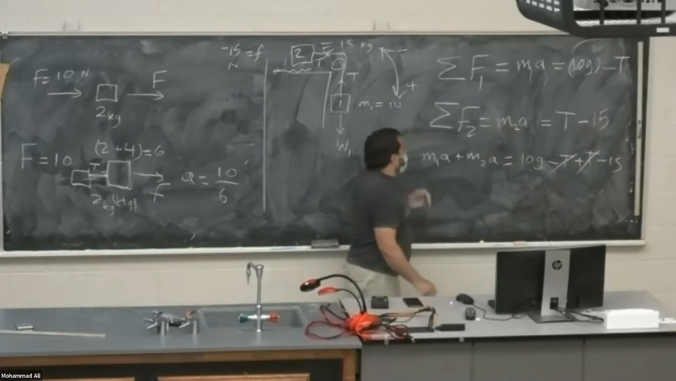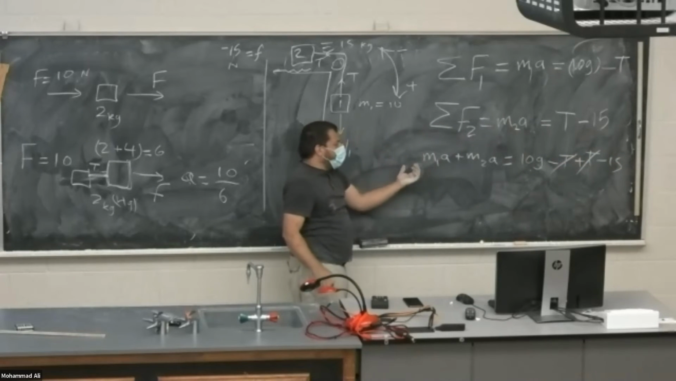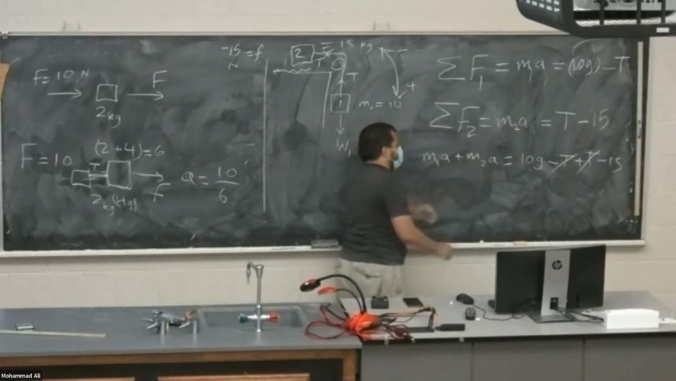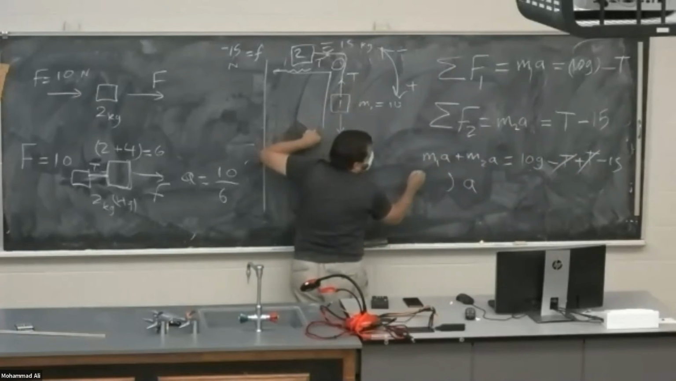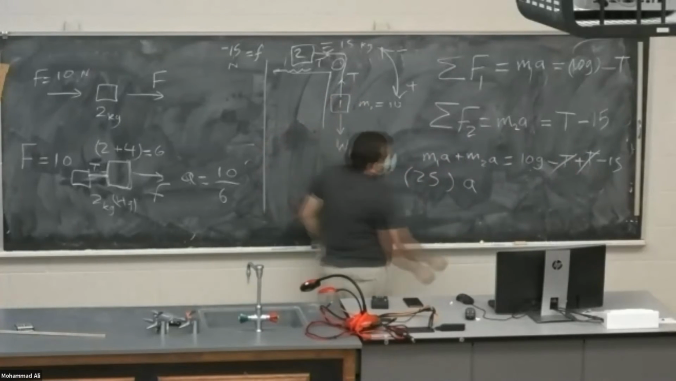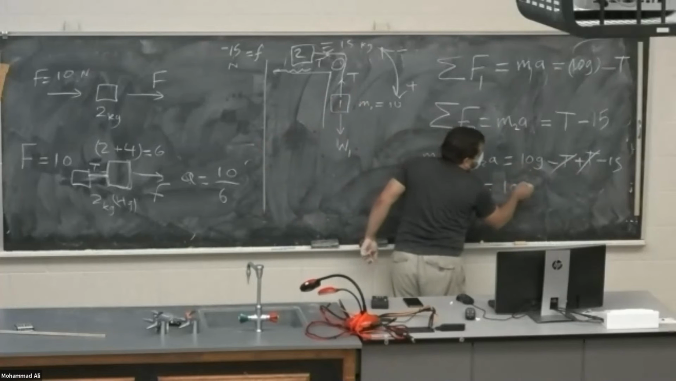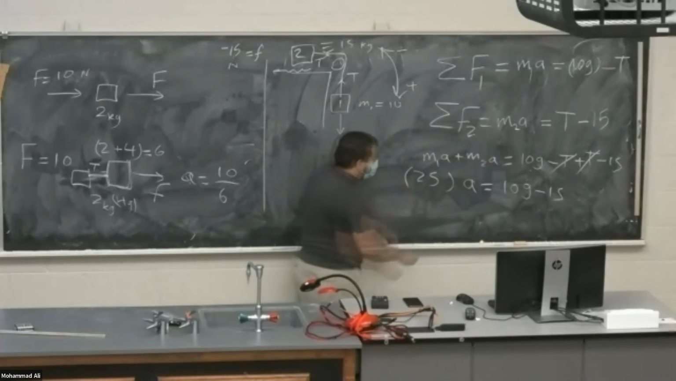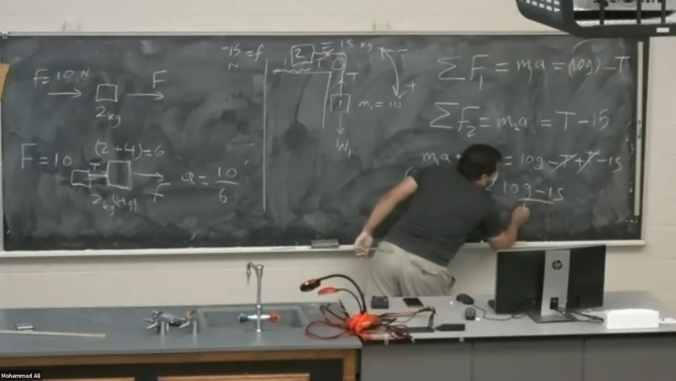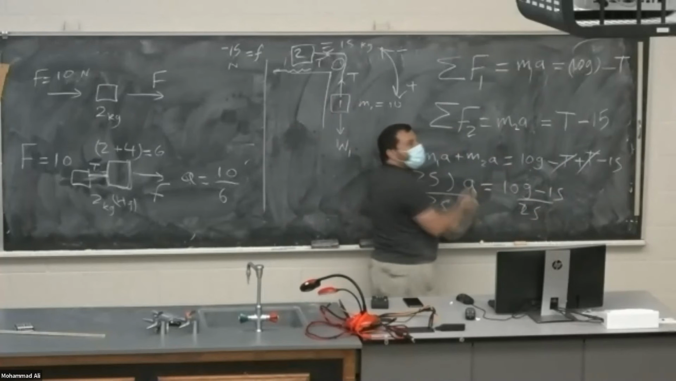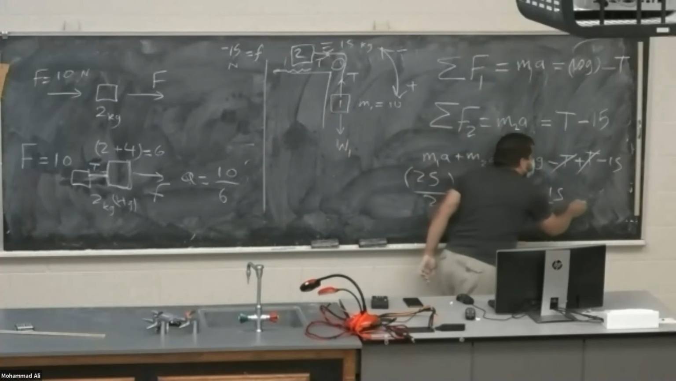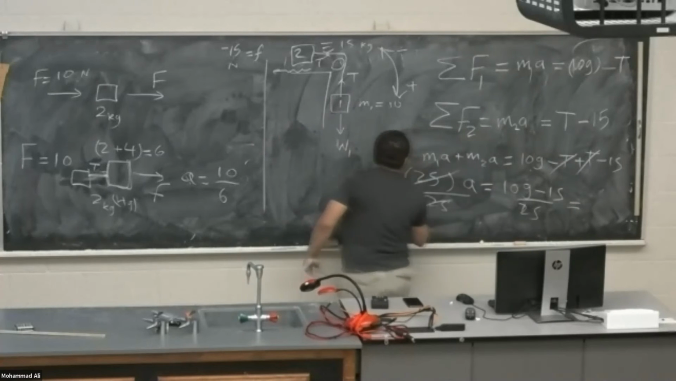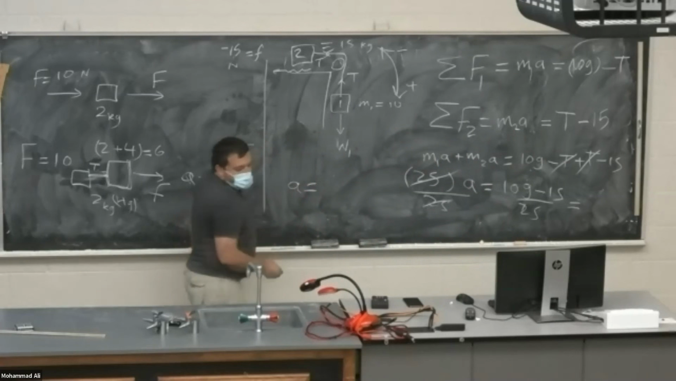T with minus T will be cancelled. We can take A as a common factor. M1 plus M2, it is 10 plus 15, it is 25, is equal to 10G minus 15. The acceleration, just divide over 25. 10G is almost 100. It is 98 minus this number. The acceleration will be equal. So A will be equal to